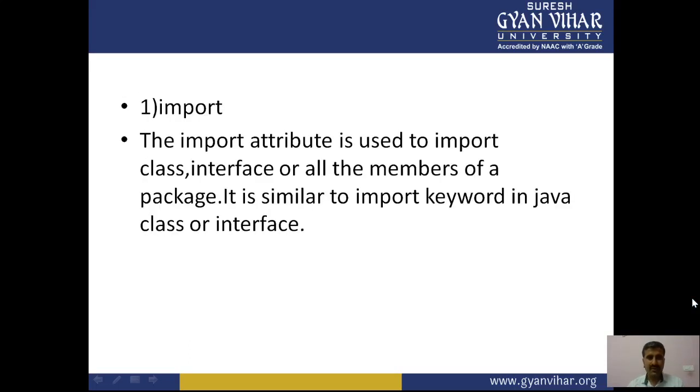If we go into a detailed description of import, the import attribute is used to import classes, interfaces, or all the members of a package.